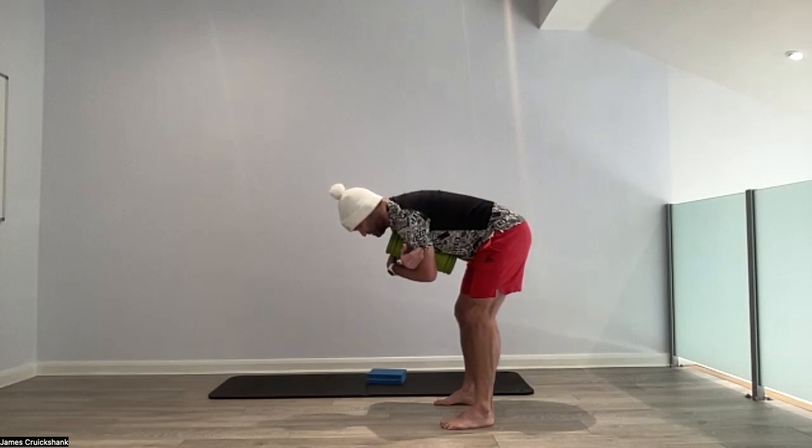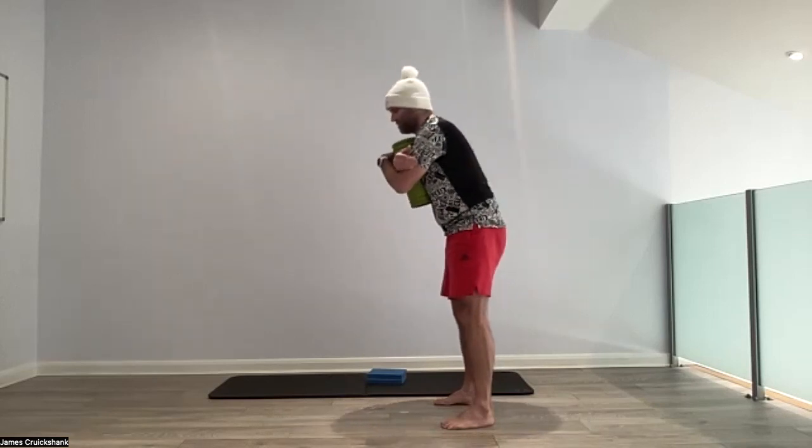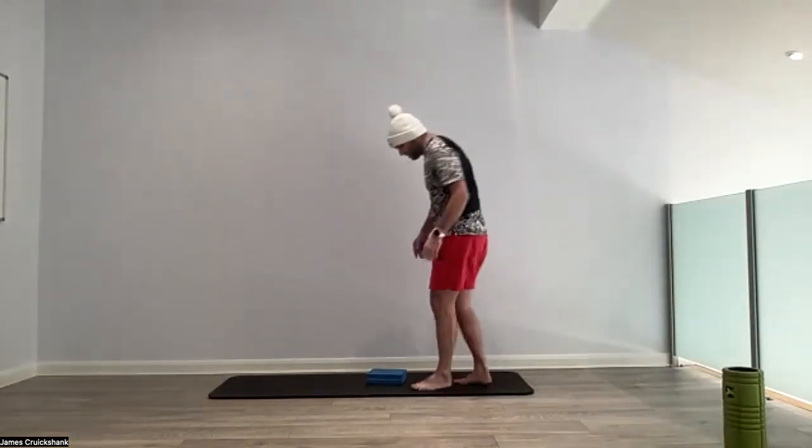10 seconds. 5, 3, 2, push from the ground, bring yourself back up. Good work, guys. Second drill we're going to do today is going to be for the quads, a floating heel